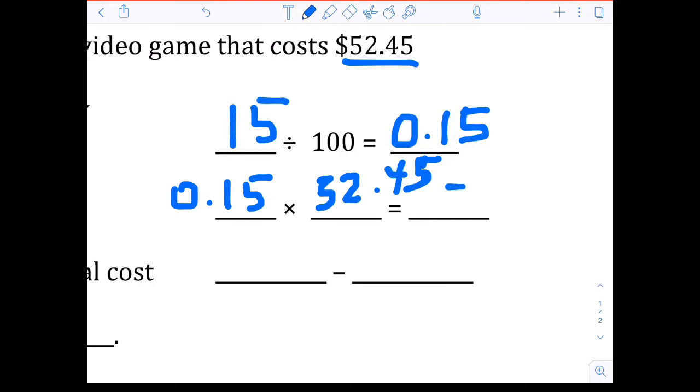So when I calculate those and I put that into my calculator, I put 0.15 and I multiply that by 52.45 and we get